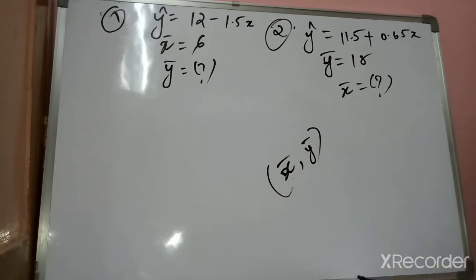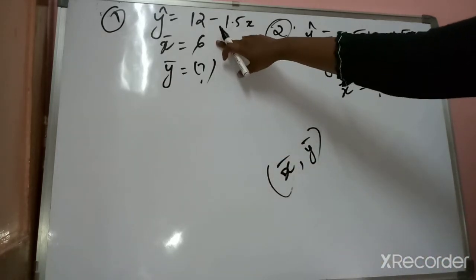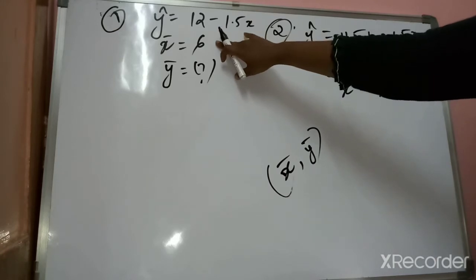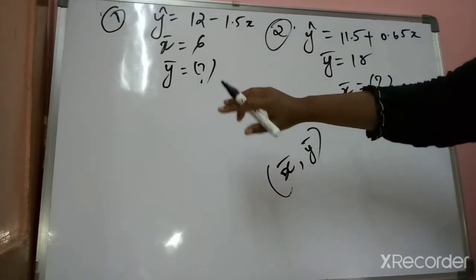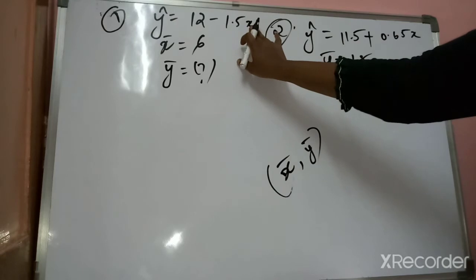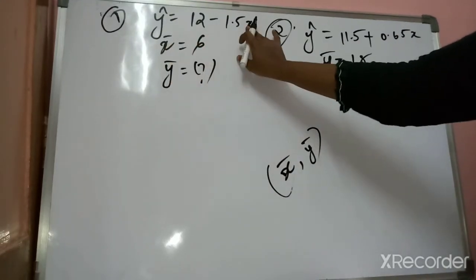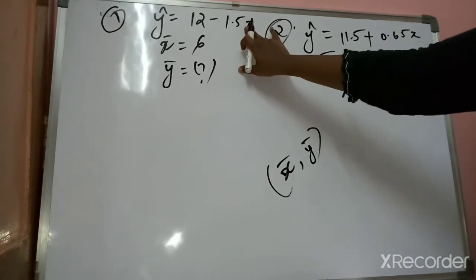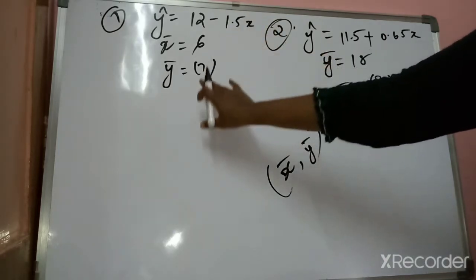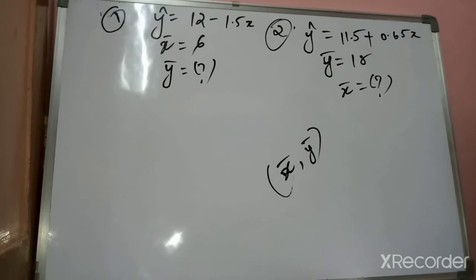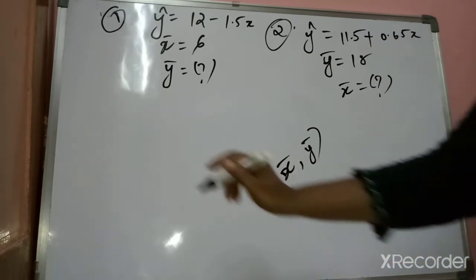So what you have to do, this x bar that has been given to you, you can place it in place of x. Clear? So see, this x is given to you, so this mean of x can be replaced in this x also. So by just keeping this, we can find the answer of your y bar. Clear with this? So let's do it.